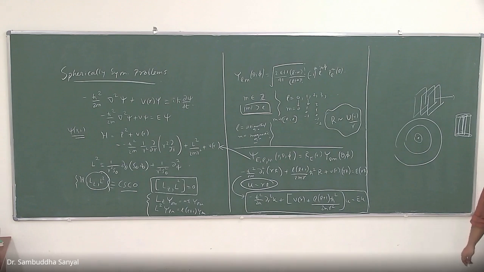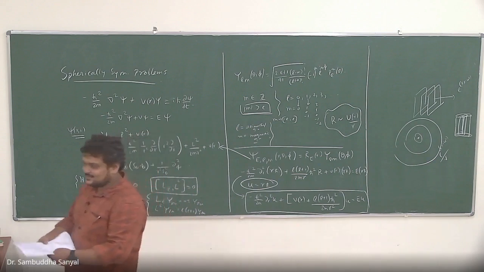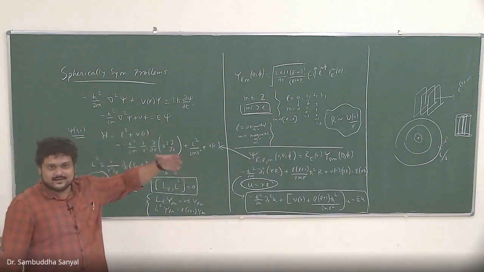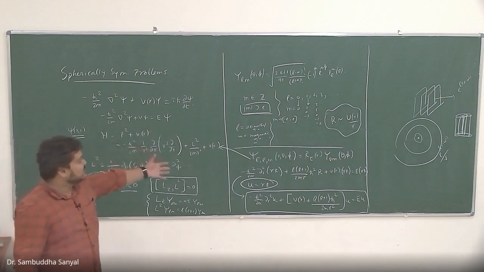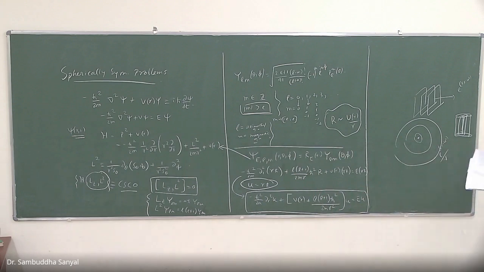One person nods, other person blank. This is 1 by r, right? This is e to the power i(kx minus omega t). This is e to the power i(kr minus omega t) divided by r. And this is divided by r square, right? You know that. So this is a spherical form of solution, and if I want the solution to resemble a spherical wave, in the absence of any potential, it will be just a plane wave. The spherical wave has this 1 by r.